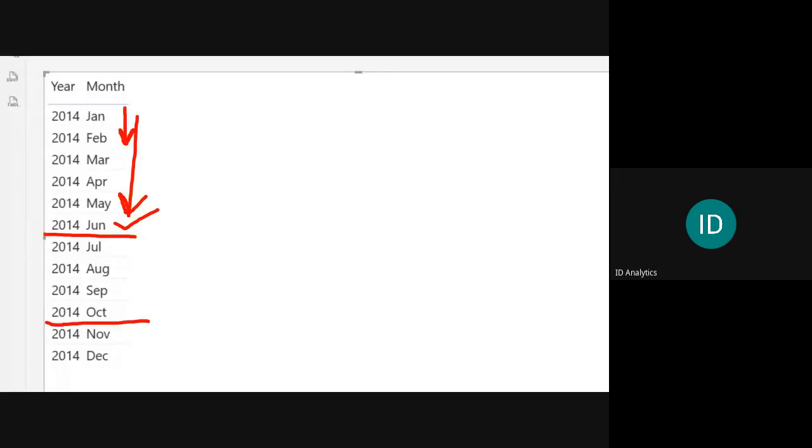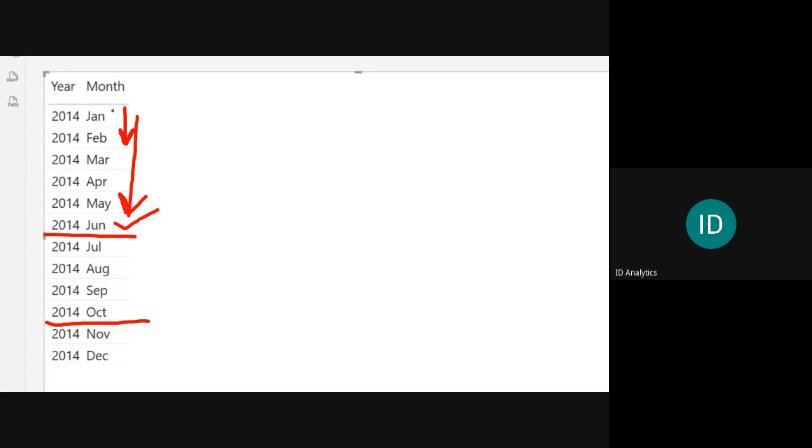They want to be able to concentrate on those 2 months. How do we build this out? Whenever you have requirements like this, that would mean that you want to manipulate the way filters flow into your report from a table, and you need a disconnected table. Because if you